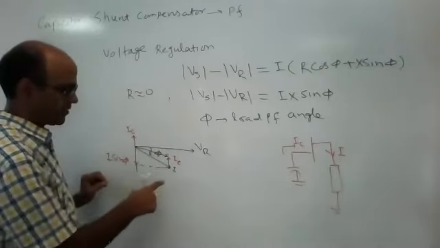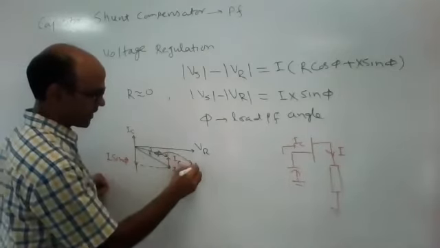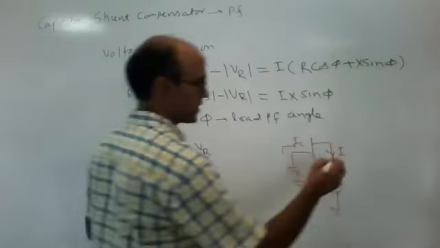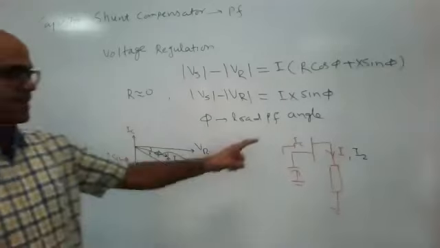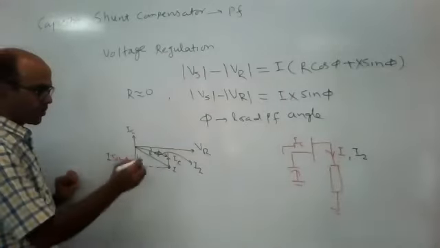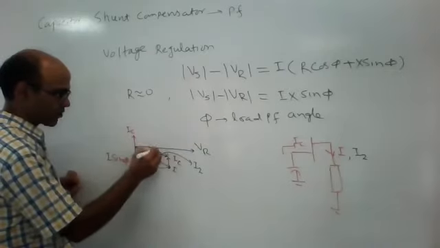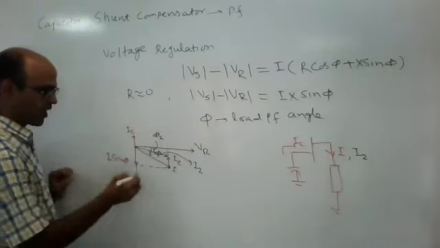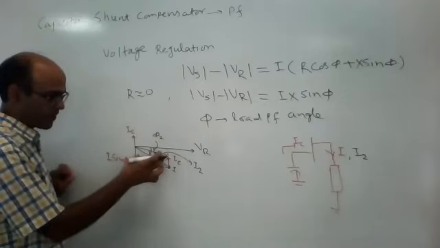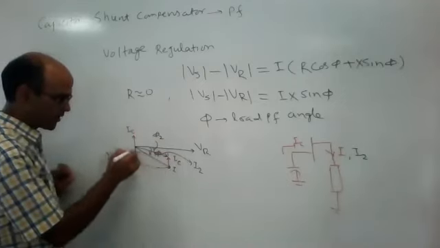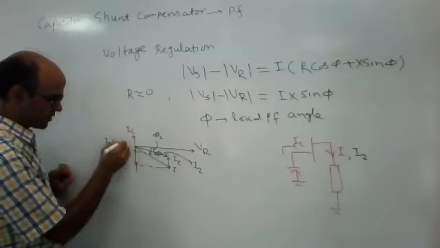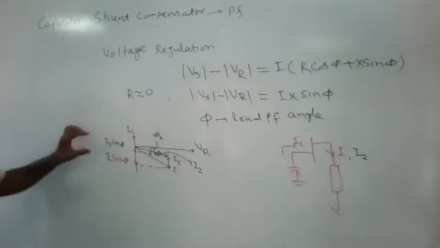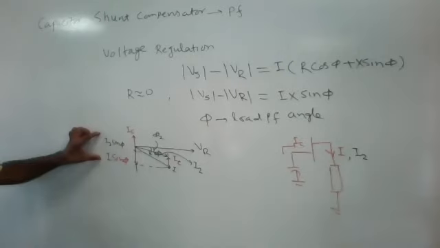Okay. So this is the previous current, I. Now this is the current in the second case, I2, after injecting IC. So this angle is also reduced. Let this angle be phi2. Now if you break up this I2 into two components, you get this component I2 sin phi2. So you can see from here, this component I sin phi is bigger as compared to the I2 sin phi2 phasor.